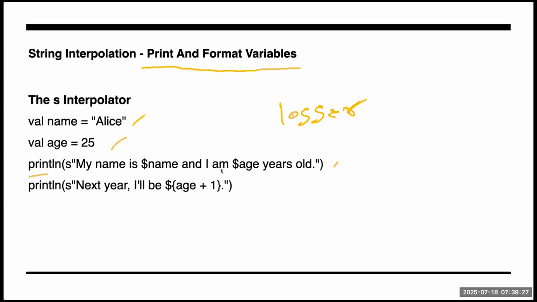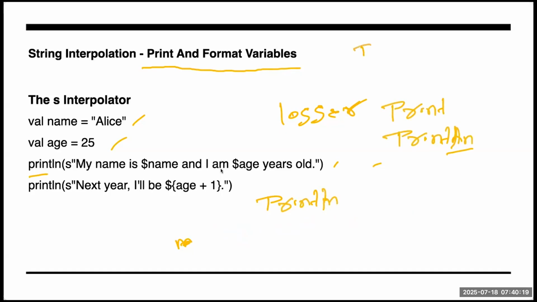So you have two ways. You can write this in this way only. Let's suppose I want to print this name and age. I can print like this also: print name. Println means print next line. If you write println, it will print and then move to the next line.